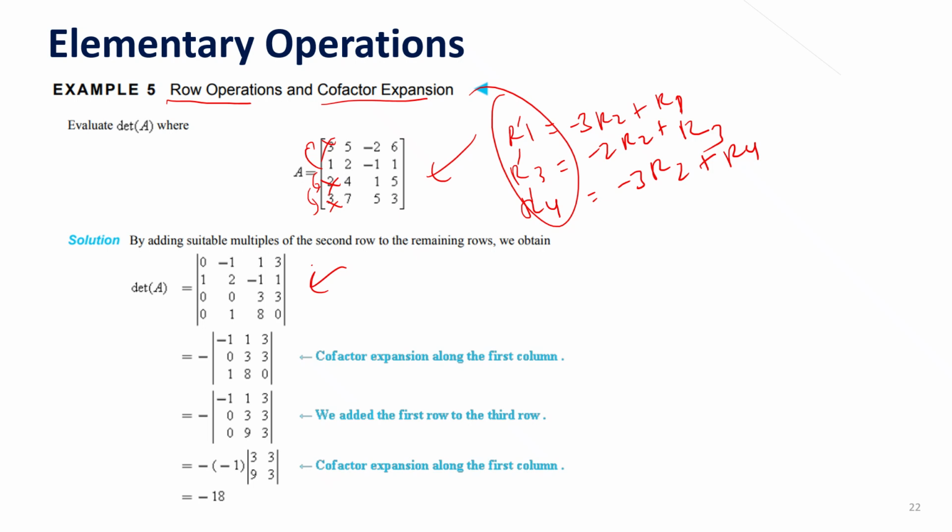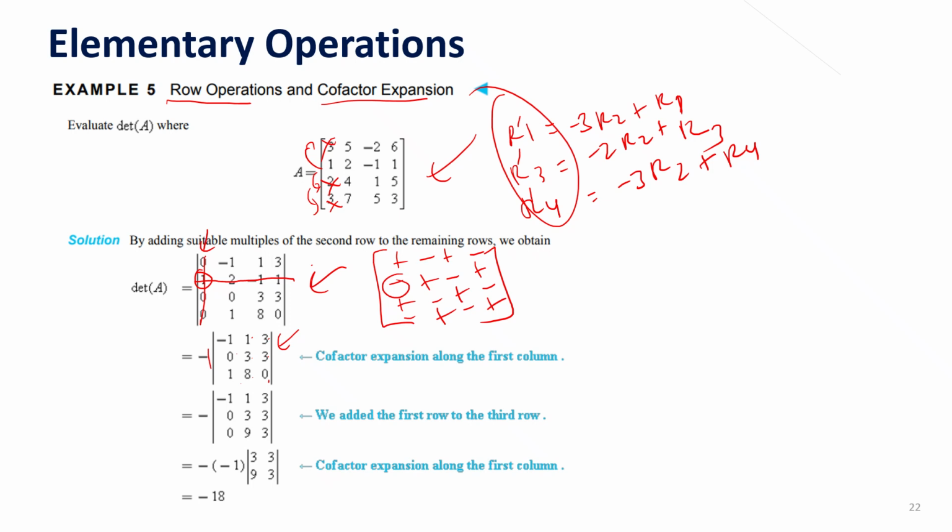we now have 0 here, so you can do cofactor expansion, in which let's say you choose column 1. Remember, if you do cofactor expansion, you need to have the bracket sign: plus, minus, minus, plus, minus, plus. Here this one is minus, so minus 1 multiplied by the cofactor expansion, which will be this: minus 1, 0, 1, 1, 3, 8, 3, 3, 0. Now after the result of the cofactor expansion,